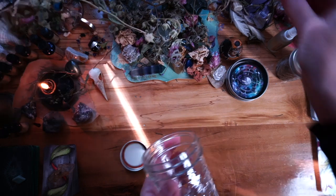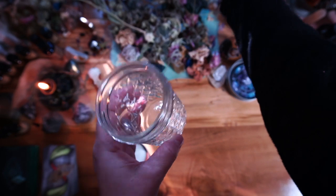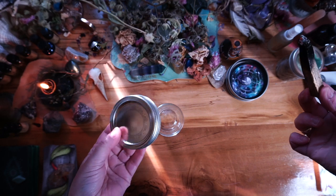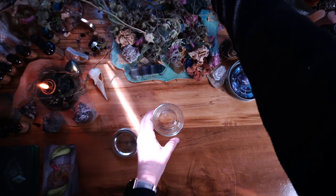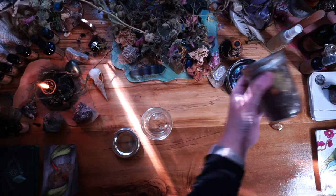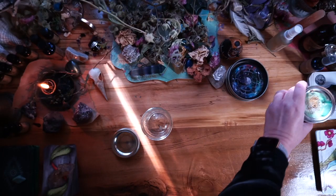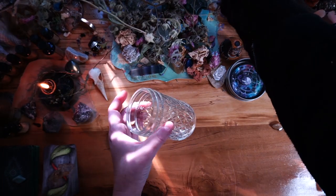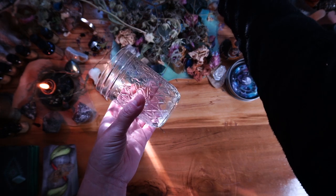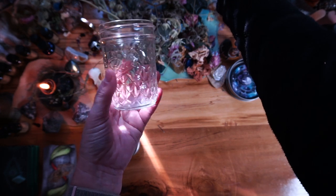Okay, first you are going to need a jar. As long as the jar is sealable, I've got here a small kind of mason jar and it's very well sealable. So these are the ones that I prefer to use as shaker jars. Here is one that I have used previously that has been in action for a while, as you can see. And so I trust it not to open up on me, and it's just the brand that I prefer, or the style that I prefer. You can actually go smaller than this if you like,